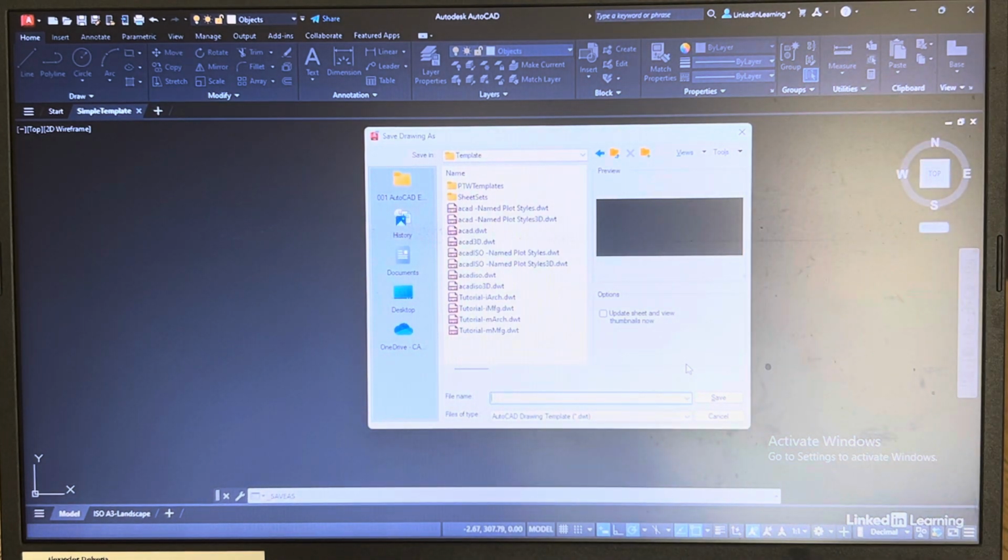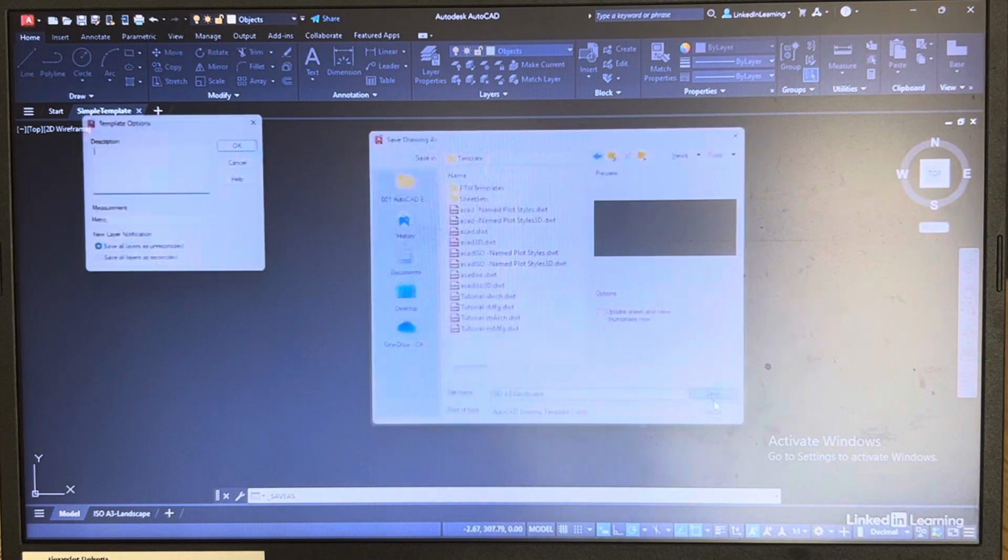were a moment ago. So I can now save a DWG, a blank DWG with all the settings that I want to use, as a DWT in the default template folder. Now, for the file name, I'm just going to utilize over here our little layout tab, ISO A3 landscape. So I'm going to call it ISO A3-landscape. So just type that in, make sure that file of type is set to DWT, and then you're going